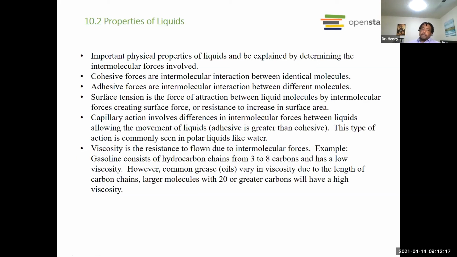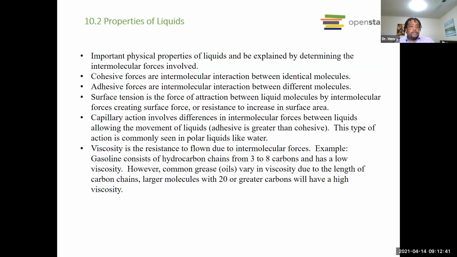Okay, so let's talk about liquid properties. In the case of liquid properties, these intermolecular forces are also going to be playing a huge part. We already talked about water, right? The water molecule. So when we think about these forces,